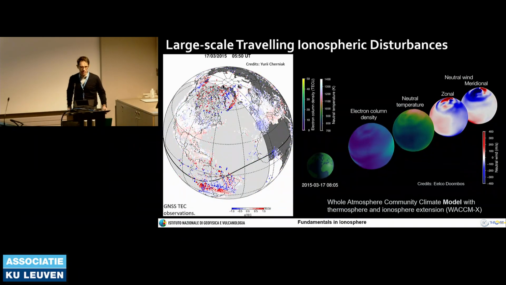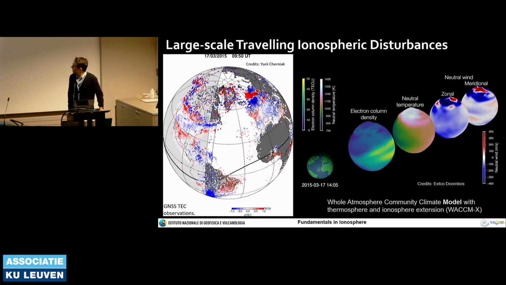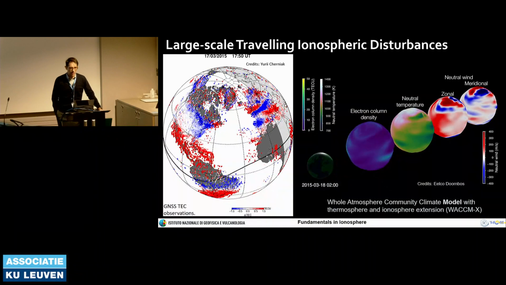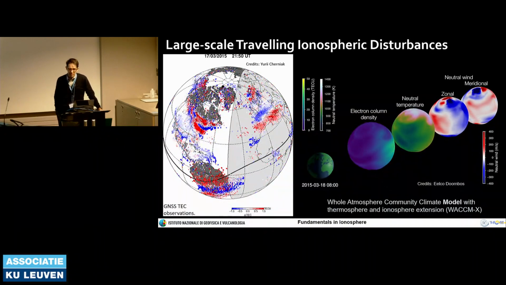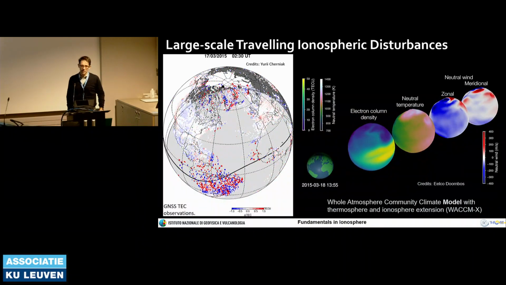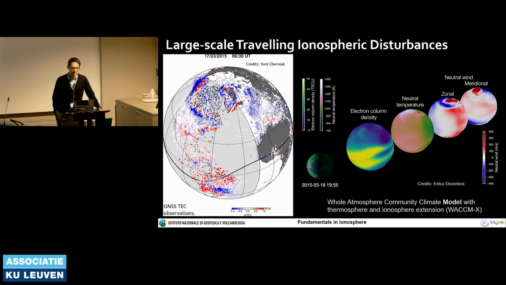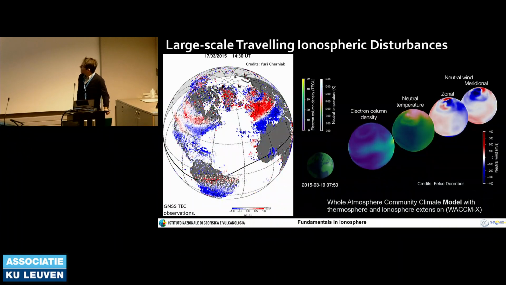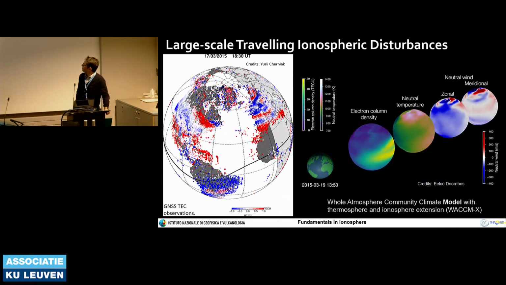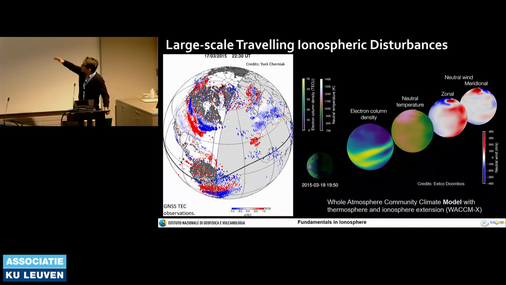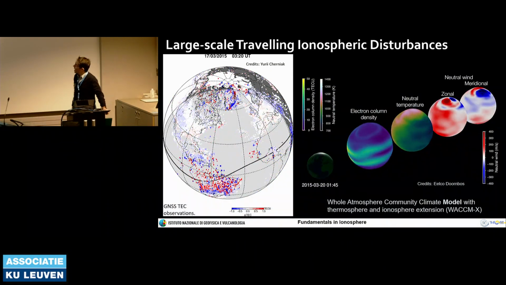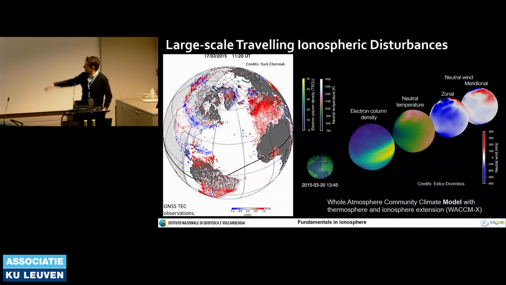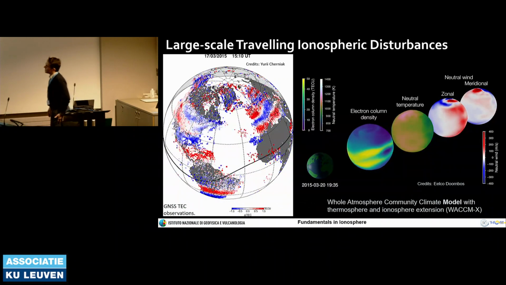So you will learn about traveling ionospheric disturbances. I mentioned before that the precipitation of particles heats up the ionosphere in the high latitude sector. This creates winds, as you may see in this modeling during the St. Patrick 2015 storm, that tend to migrate to lower latitude and alter the plasma density as a consequence.